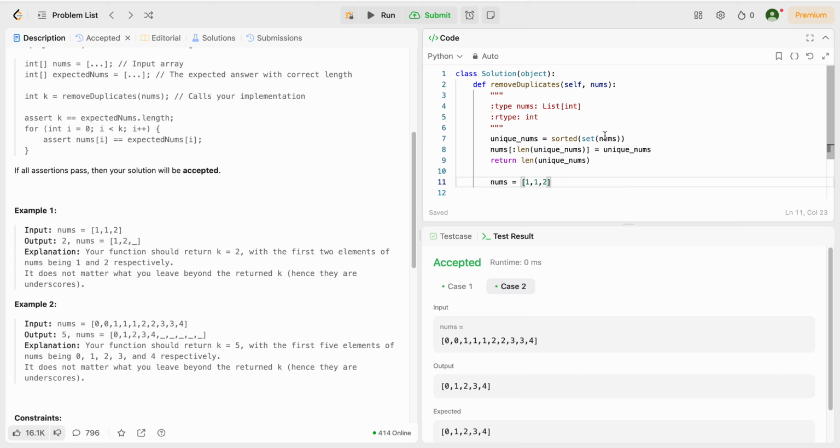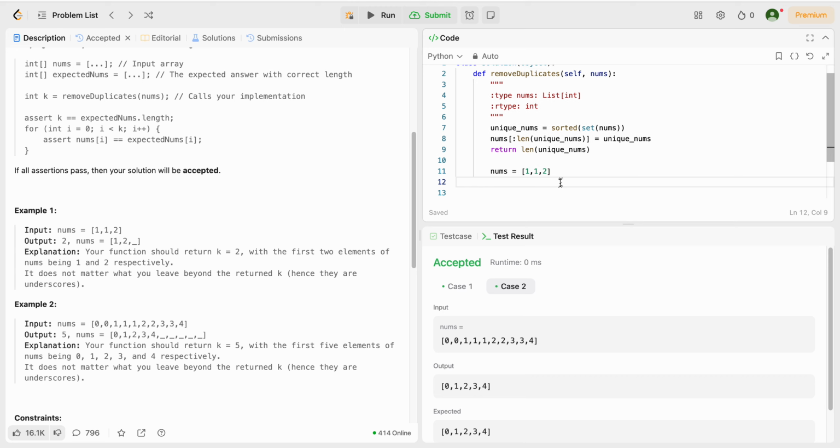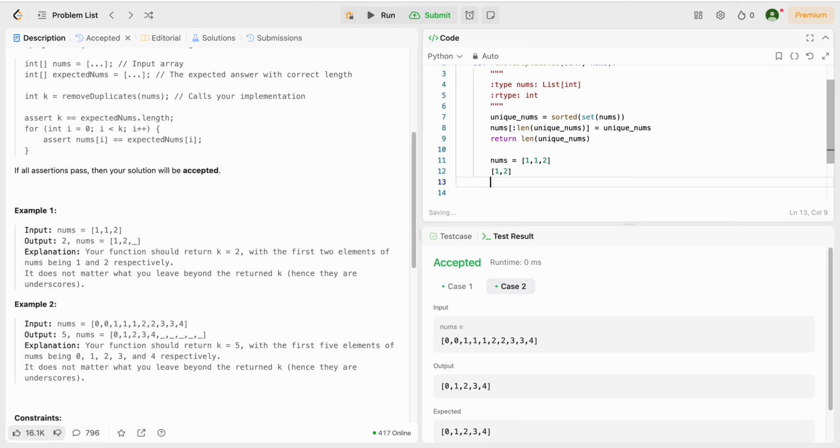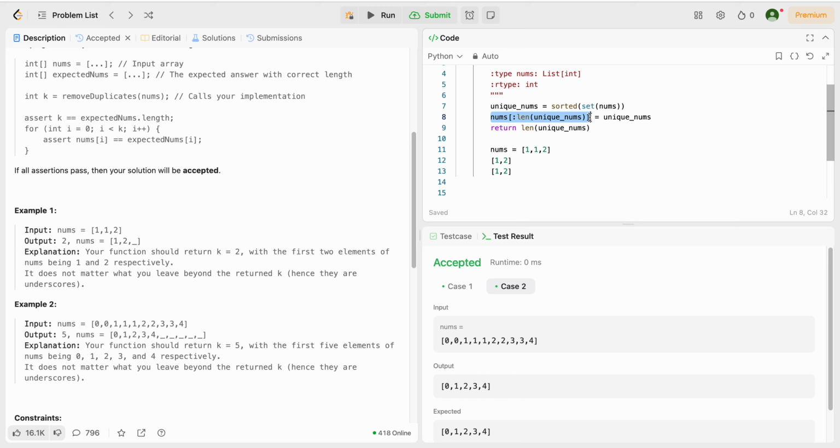Then when we use set, we're only going to get the unique values of 1 and 2. And then when we use sort, it's going to be sorted the same way it is now, since there's no negative, it doesn't affect it. And then finally here, we're going to get this,